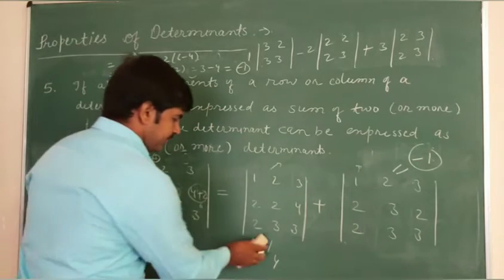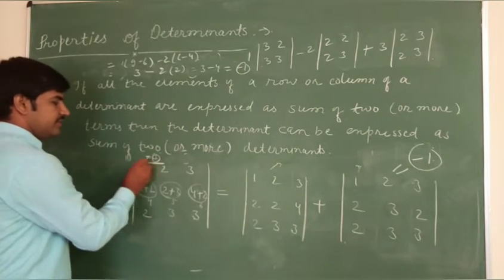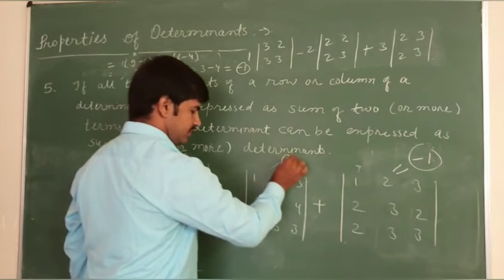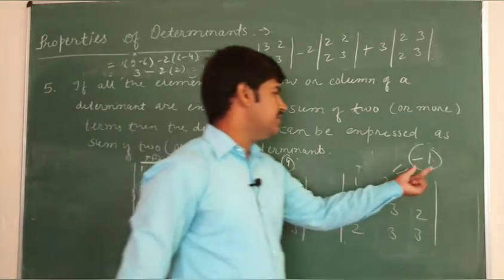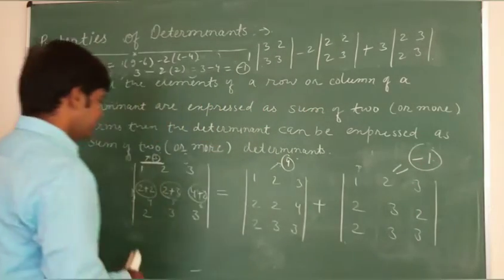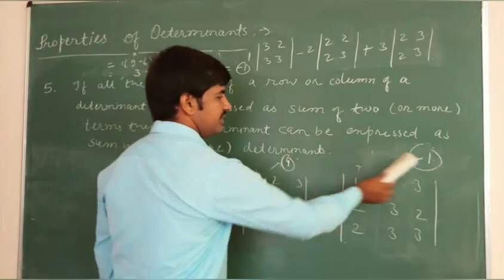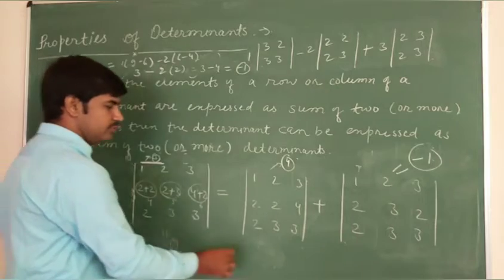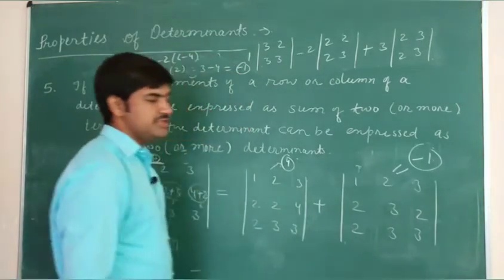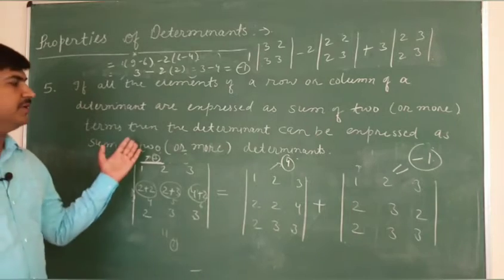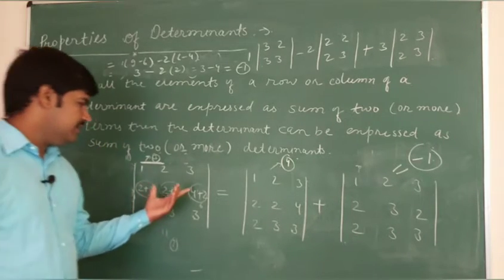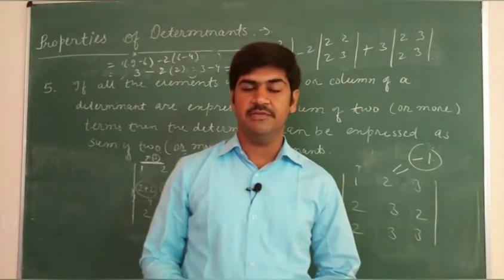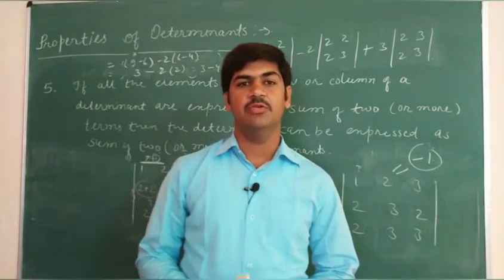Dear students, here we see we got the value of this determinant as 3, the value of this determinant as 4, and the value of this determinant as minus 1. Now you can see, if you add both of these, 4 minus 1 is equal to 3 only. So the value of this determinant 3 is equal to the sum of values of these two determinants. I have verified this property by taking this as an illustrative example. I am sure you understood this property well. What is the property and how do we use it?